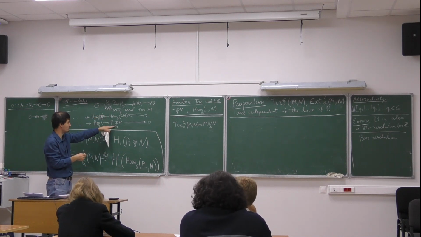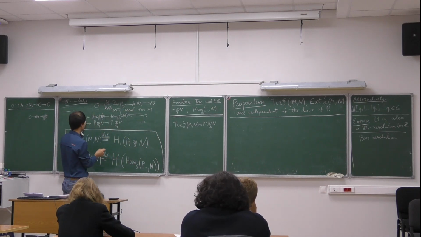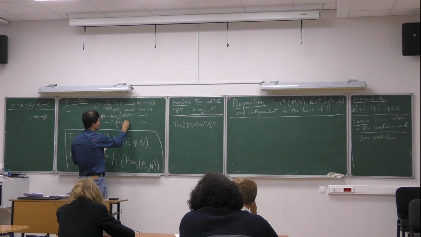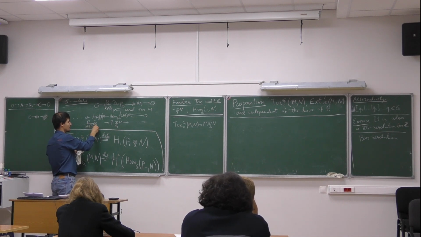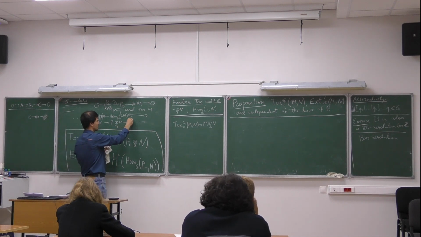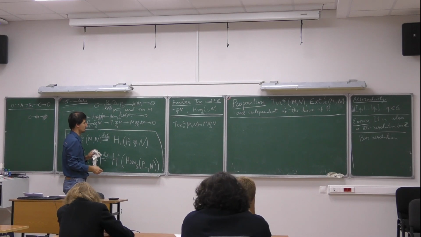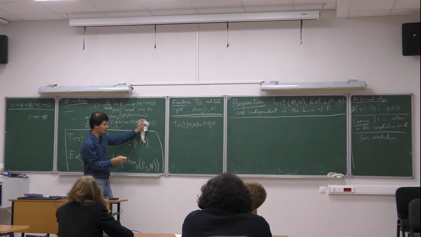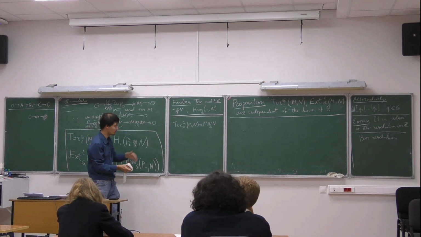Applying the tensor product with N, I get that this is not important for me at all, but here this one is an exact sequence. So it is exactly this term. So if I write without this, then the homology is exactly this. So it follows from right exactness that